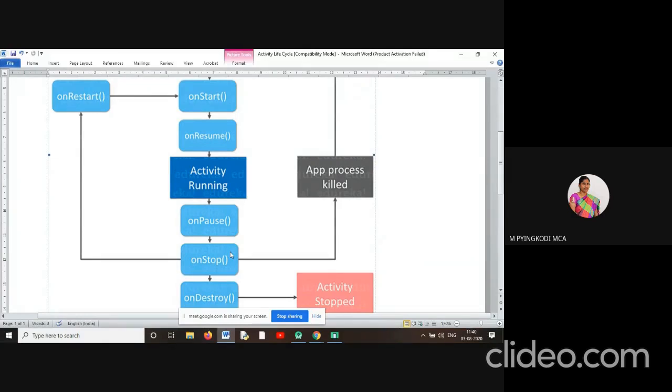That is a callback. It automatically calls and executes the class A method. So that is a callback method.